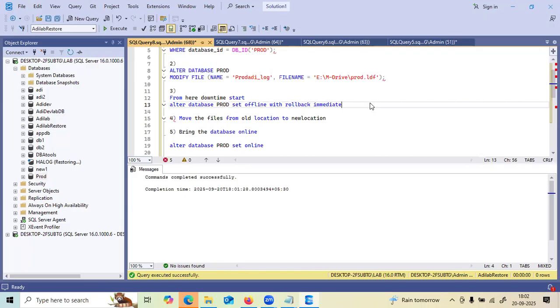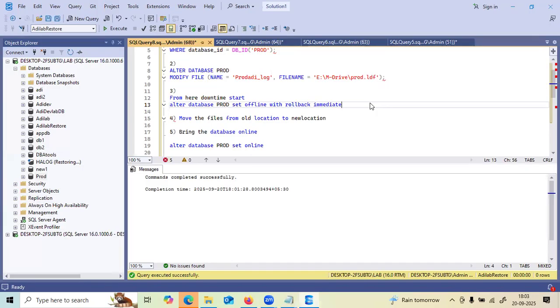This is the method to move database files from one location to another location using the alter procedure. This is the traditional method, but sometimes we use it. Generally now what I regularly use is the detach and attach